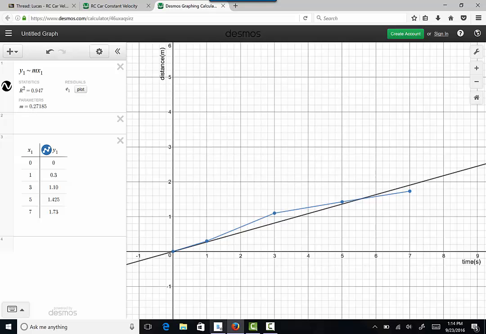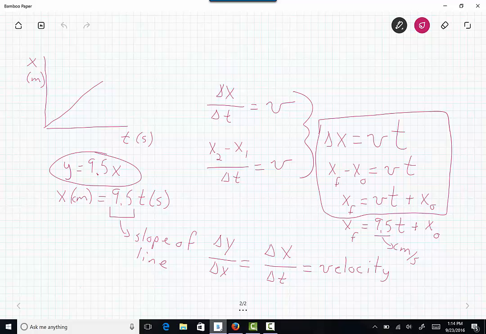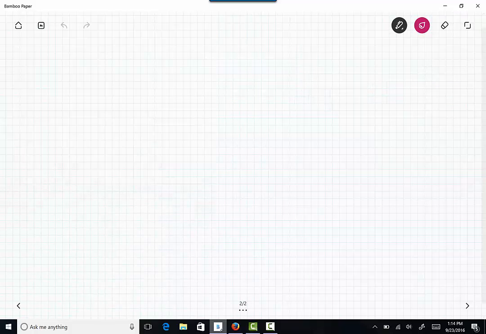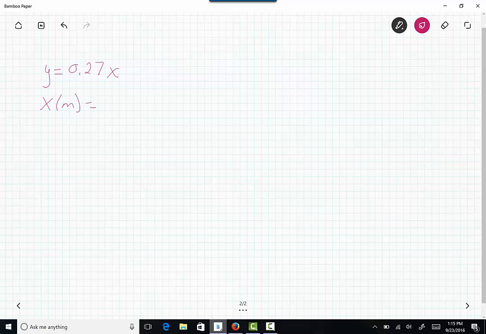So for Amanda's graph, her equation was y is equal to 0.27x. And again, we're going to switch it to the other units. So x in meters this time is equal to 0.27 time in seconds. If we go along the same thought process as we did with Lucas, then we can say automatically that this 0.27 means that her vehicle was traveling at